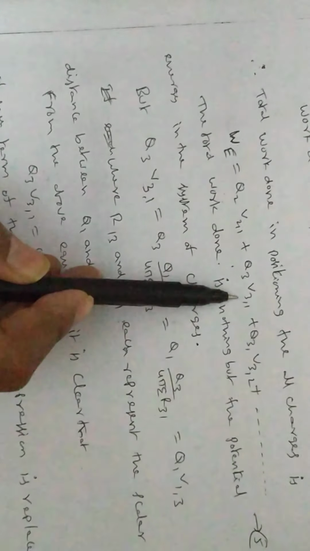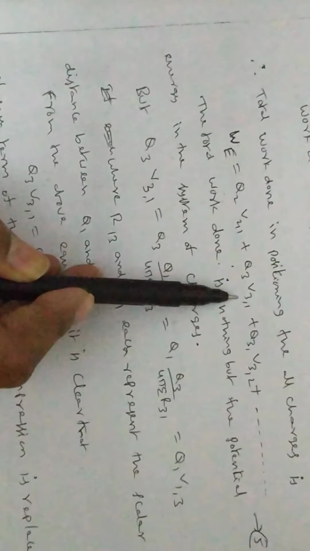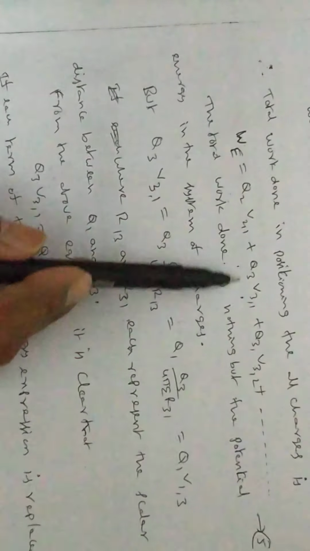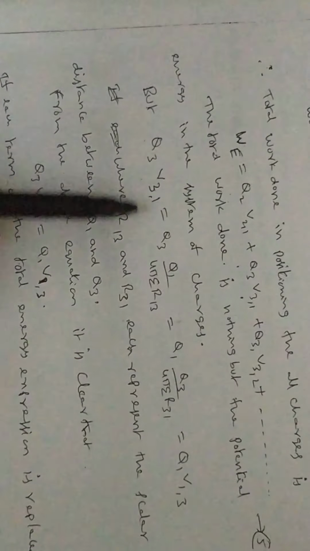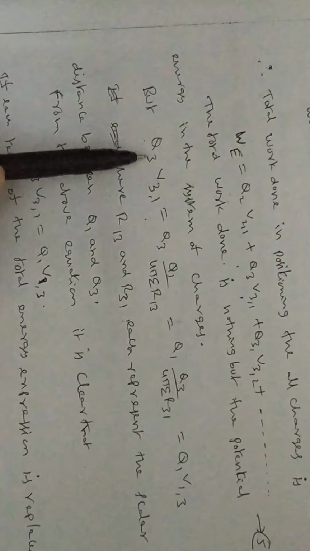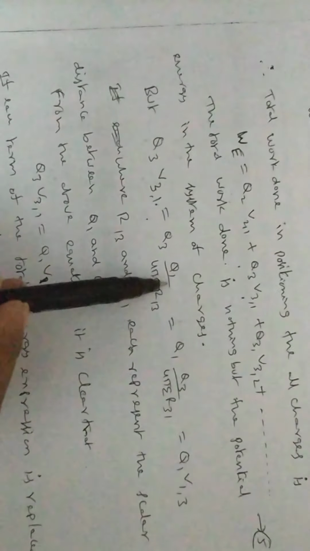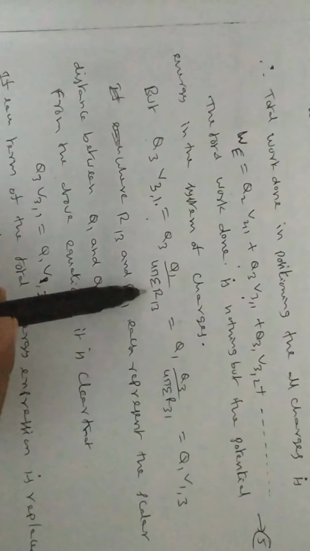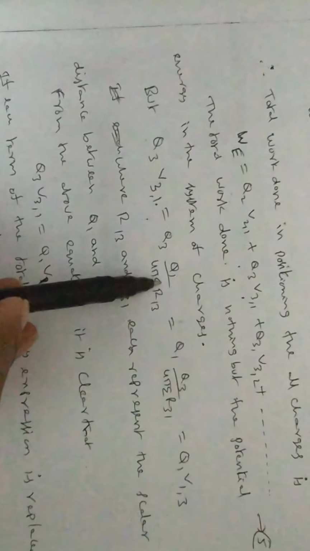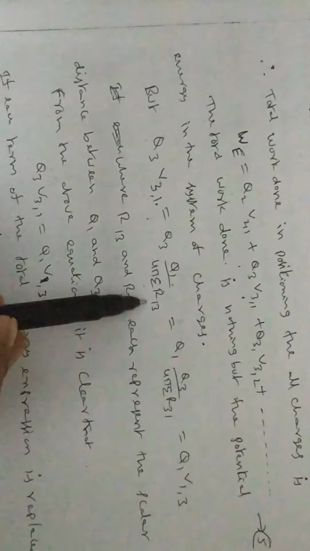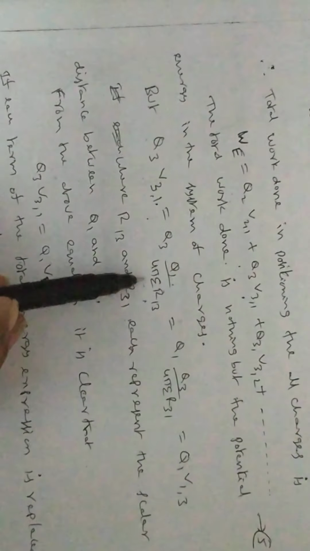The similarity is that if you derive this one, then we can get the complete expression for energy stored in an electrostatic field. So consider the second term here, Q3 V31. The standard formula is, Q3 V31 means potential difference between point 3 and point 1. The standard formula for the potential is V is equal to Q divided by 4 pi epsilon r. So here Q means it is Q3